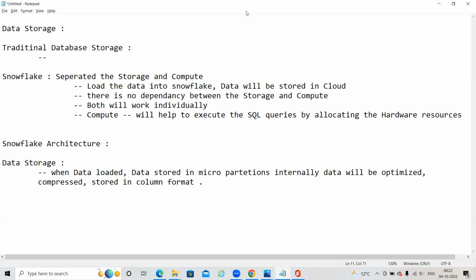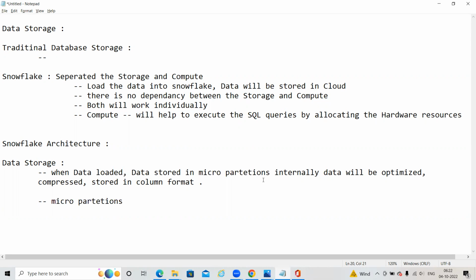Yeah, I will show you what is the columnar format, and then I will explain it. Okay. Fine. Very first layer is the data storage layer in the Snowflake architecture. When the data is loaded into Snowflake, the data will be stored into micro partitions. This is a very key component in our storage layer. I will explain later what micro partitions are.